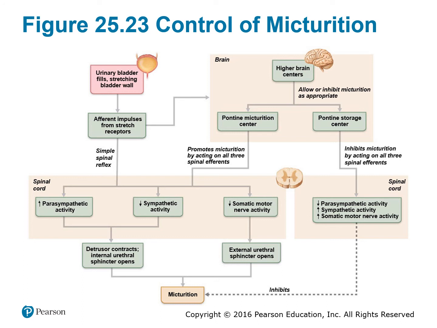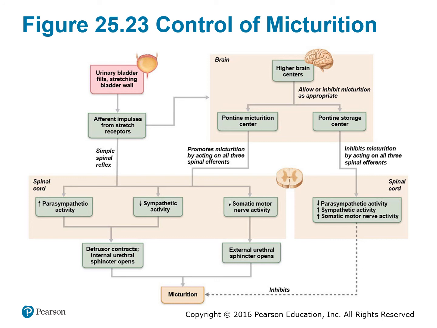So the urinary bladder fills, stretching the bladder wall, with afferent or sensory signals coming from these stretch receptors. We see a simple spinal reflex happening here. So a decrease in sympathetic activity, an increase in parasympathetics. We see the detrusor muscle contract, the internal urethral sphincter open, and then there's urination. Okay. So maybe over here, sensory impulses from stretch receptors go up to the brain, higher brain centers, allow or inhibit